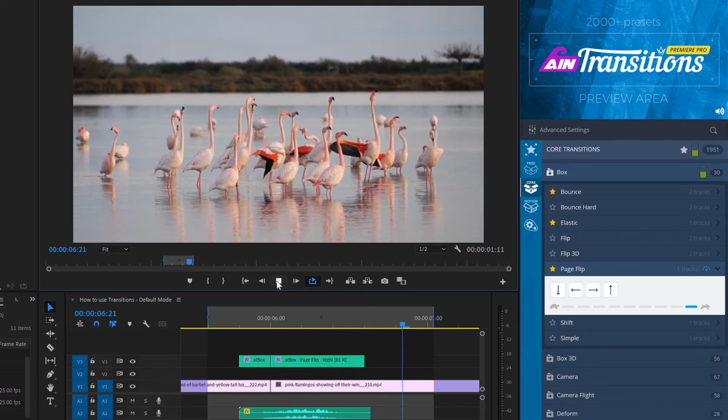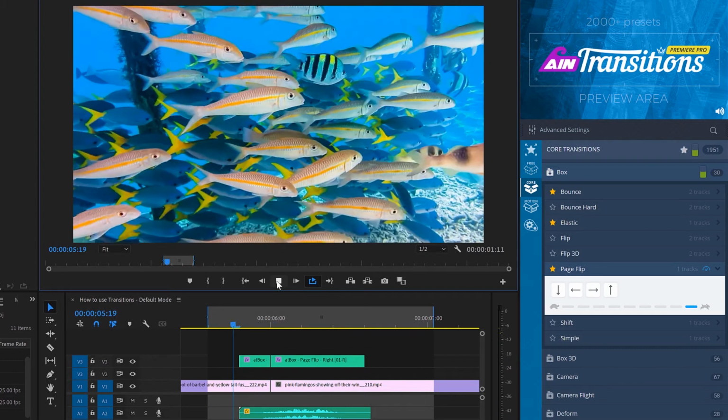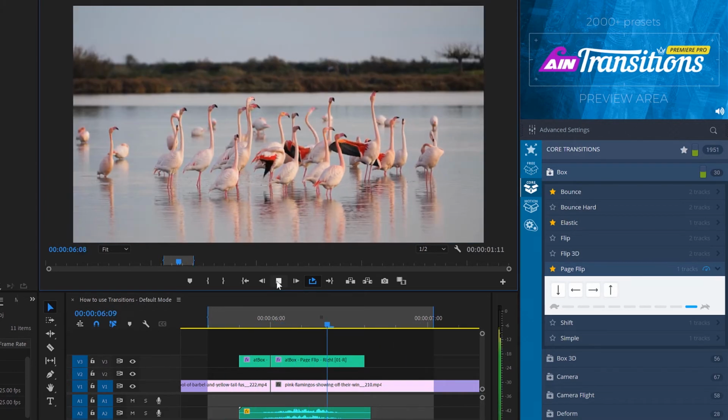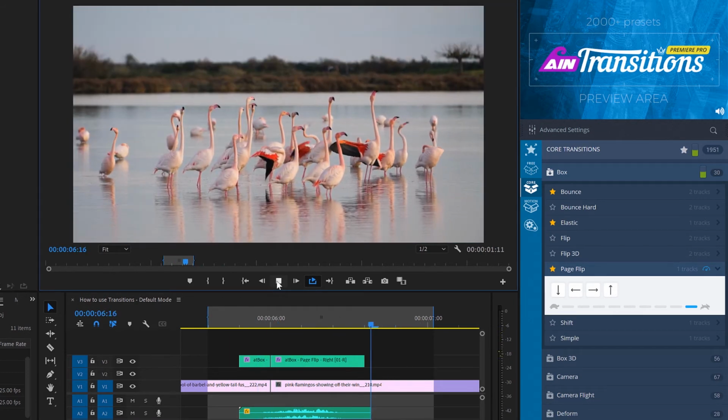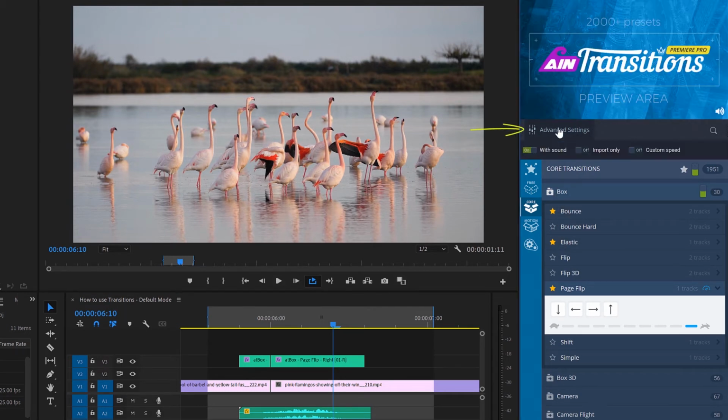Excellent. Visually, it really looks faster. This way, you can use whatever speed you want. This does not affect the transitions already added to the timeline, as you can use custom speed. To do this, you need to enable the custom speed option and enter the required speed. Please keep in mind that this option is global, and if enabled, it overrides the local speed. So turn it on only when needed.